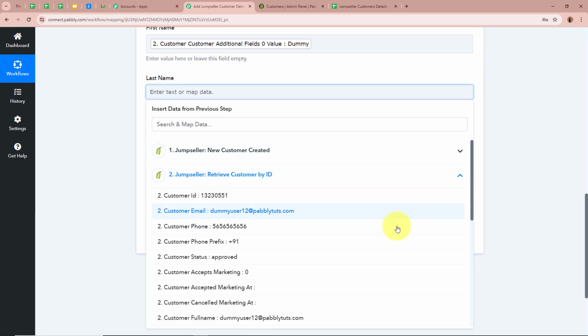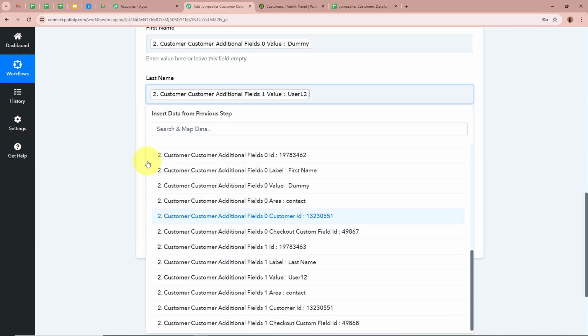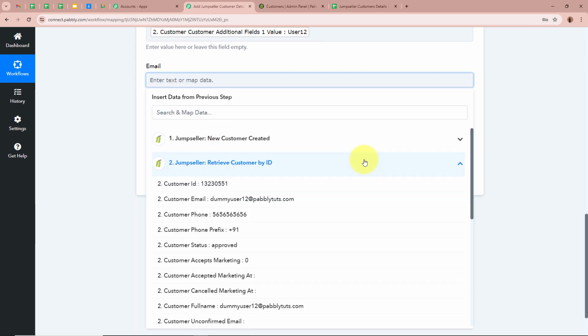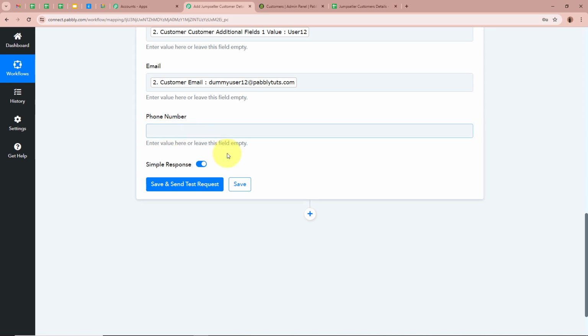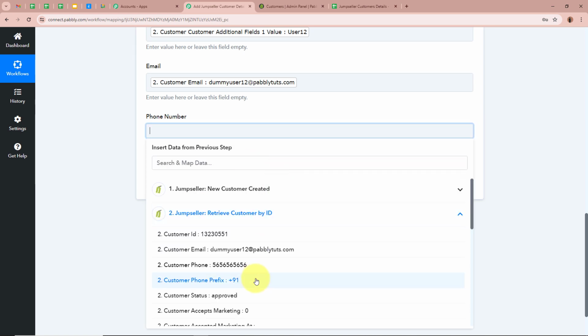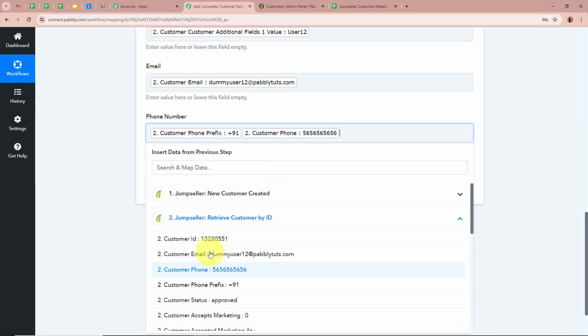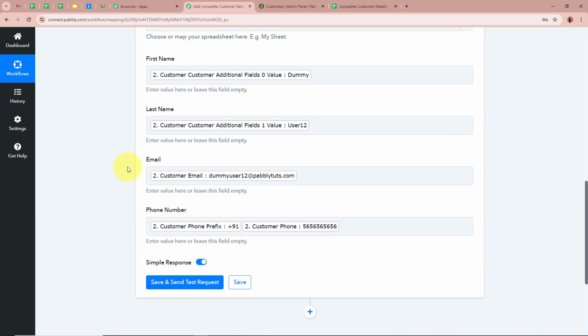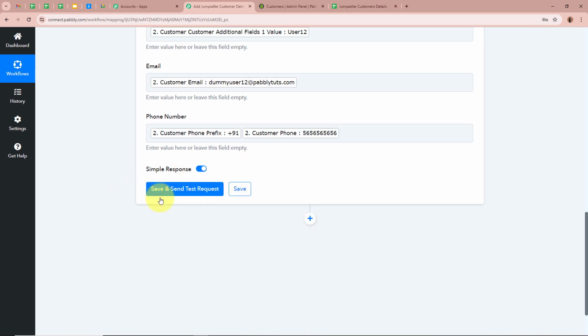Next, it is asking for the last name. So we're going to map the data for the last name right over here. Next, it is asking for the email. So I'm going to map the data for the email. And lastly, it is asking for the phone number. So firstly, I'm going to map the data for the prefix of the phone number and the phone number right over here. So as I've filled in all the details, after that, I'm going to click on save and send